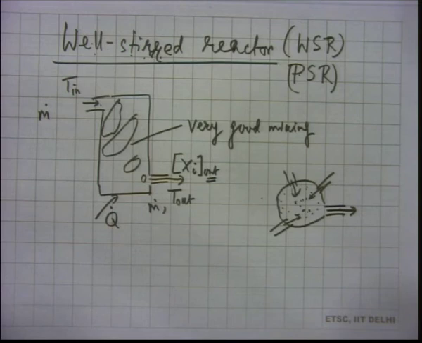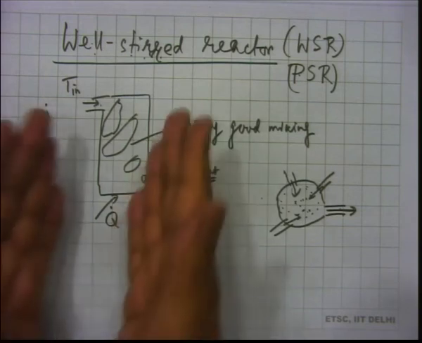So, how do we analyze all this? Here again we have to write equations obviously, but unlike in the last two cases, the equations will not be time dependent if we want to do a steady flow analysis. That is of more interest, because think about putting this in a process line.